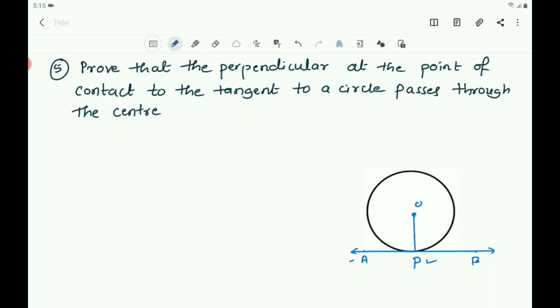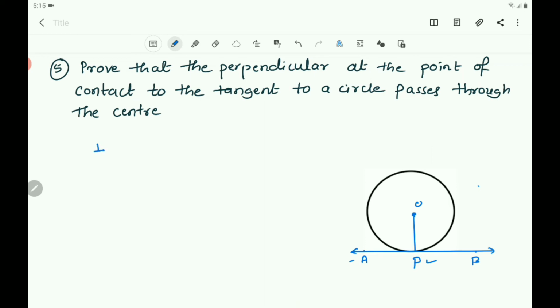We know that the tangent at any point of a circle is perpendicular to the radius through the point of contact, and the radius essentially passes through the center of the circle. Therefore, we can conclude that the perpendicular at the point of contact to the tangent to a circle passes through the center. With respect to the figure, you write,